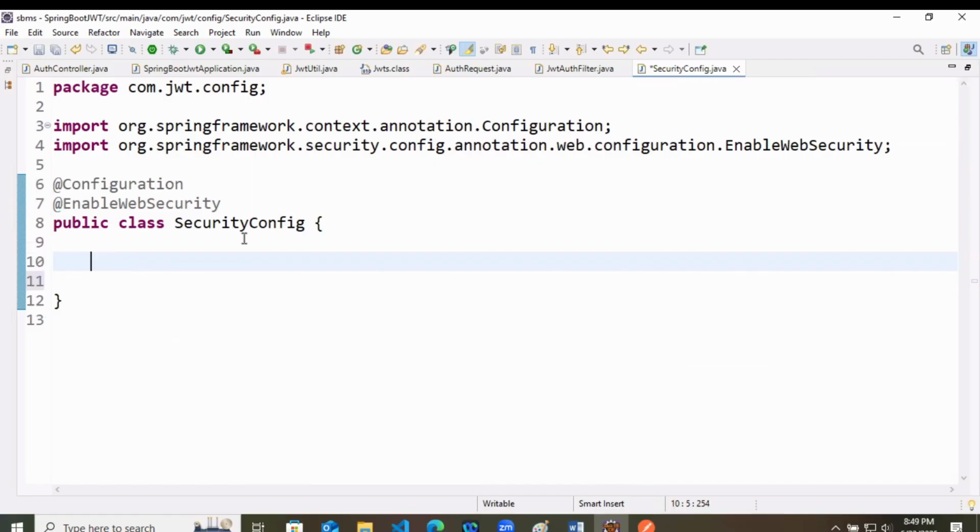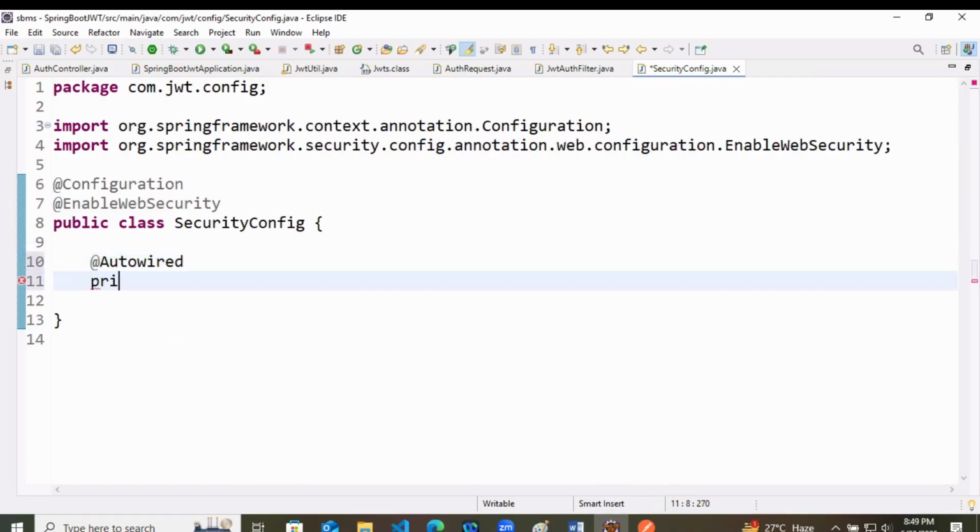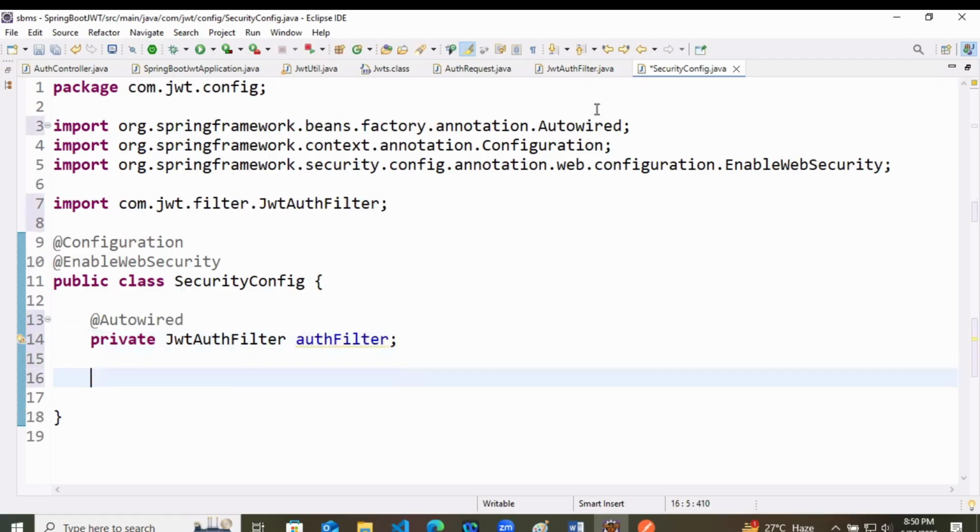We will bypass all that. So here we will autowire a private JWT auth filter. We will use the JWT auth filter. By the way, you can write that code here also, but it will become very confusing after that.